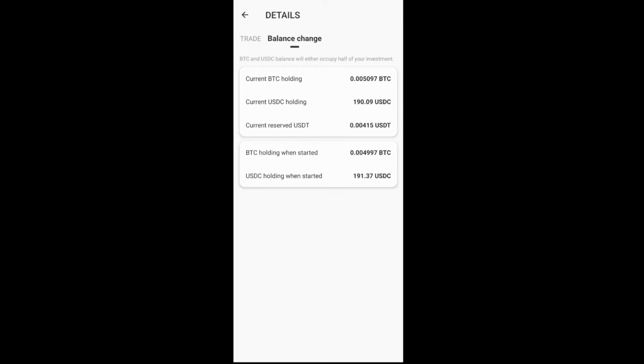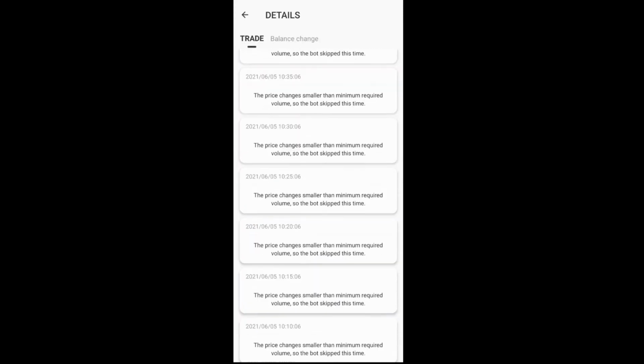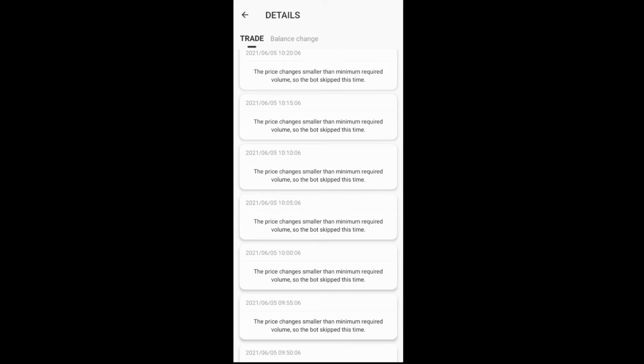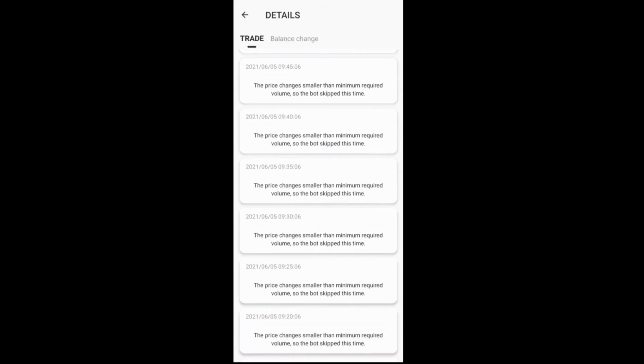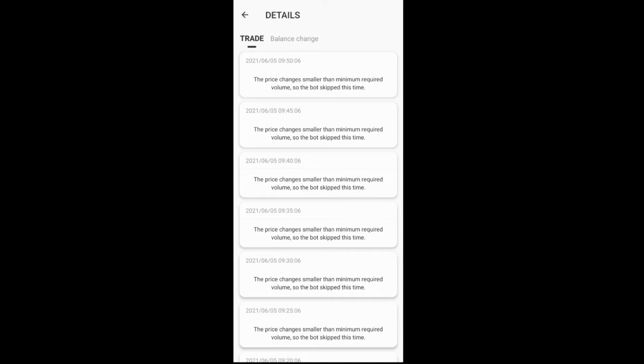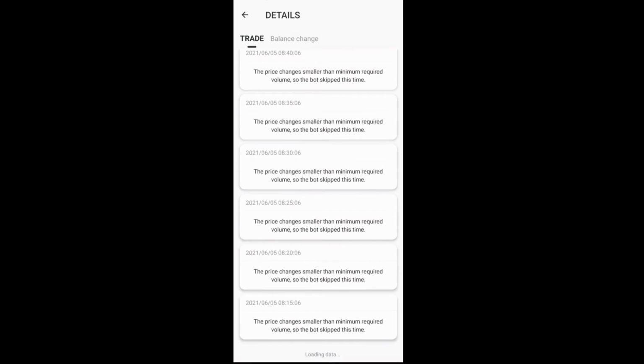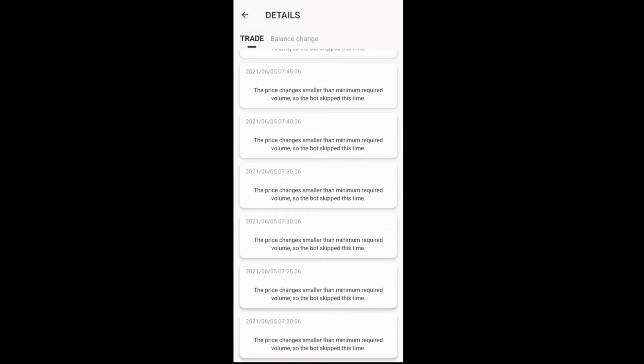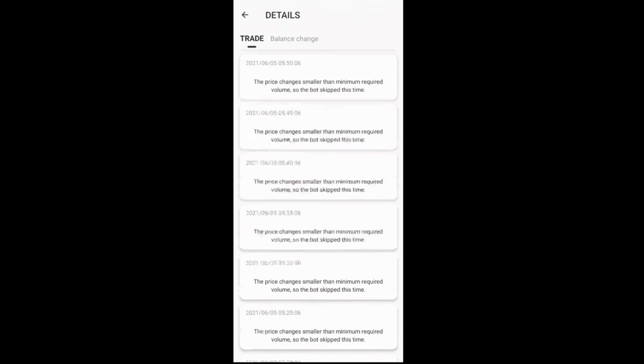It made 3 transactions. What it does is every 5 minutes it checks the portfolio proportion, and if any of the assets are higher in USDT value, it will sell that asset for the depreciated asset, and it will keep on doing that every 5 minutes. There's also a minimum required volume to make a trade. If that is not there, it will skip that turn. Let me show you one example of when a trade happened.